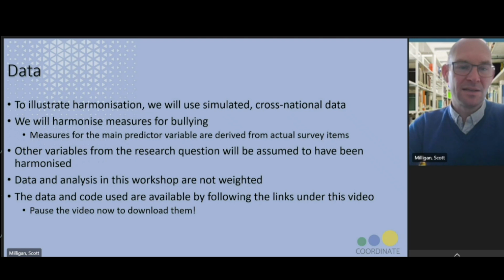And the data and analysis that we present in this workshop are not weighted. This is an important point here that I'd like to mention. The decision of whether or not to use weights in data harmonization is an important one because it can significantly impact the accuracy and comparability of harmonized data sets. When using weights, this can help to account for differences between sampling methods or enhance comparability and improve statistical accuracy. But the weights can also add unnecessary complexity and sources of error to the process, leading to